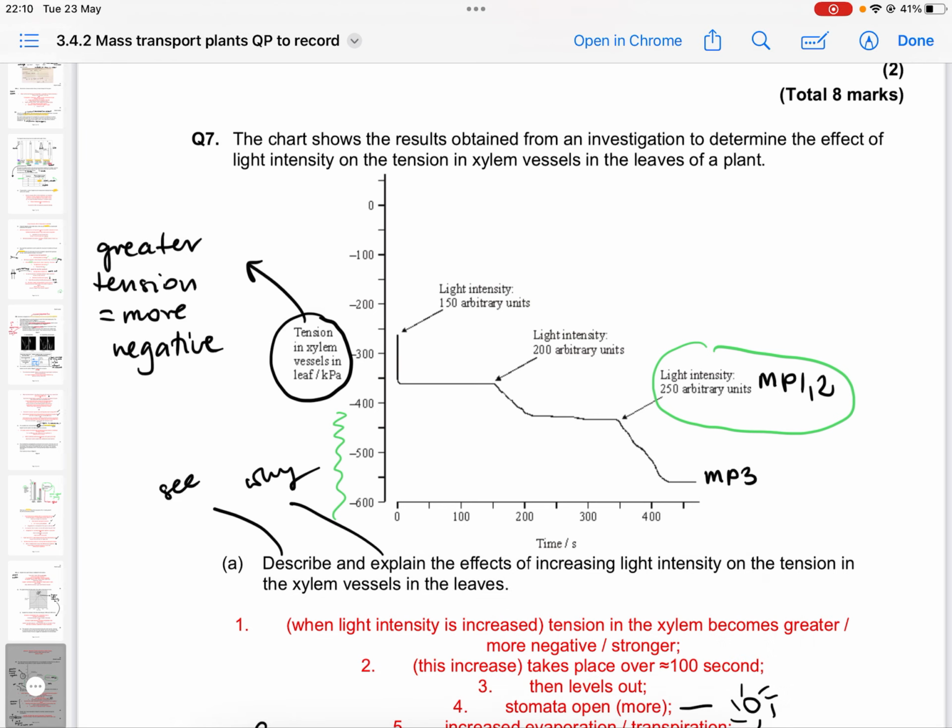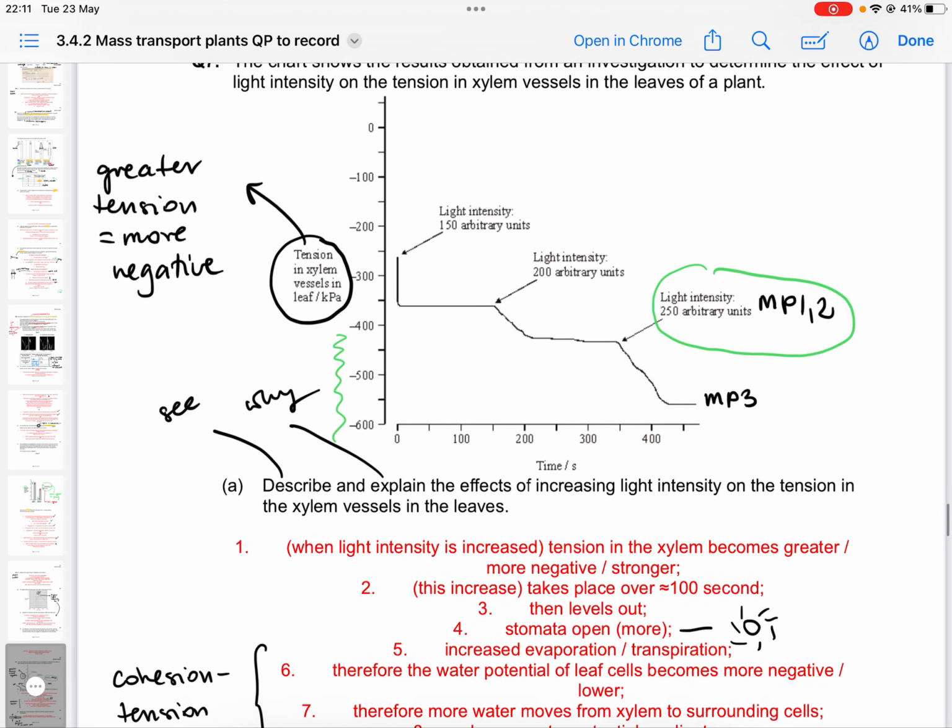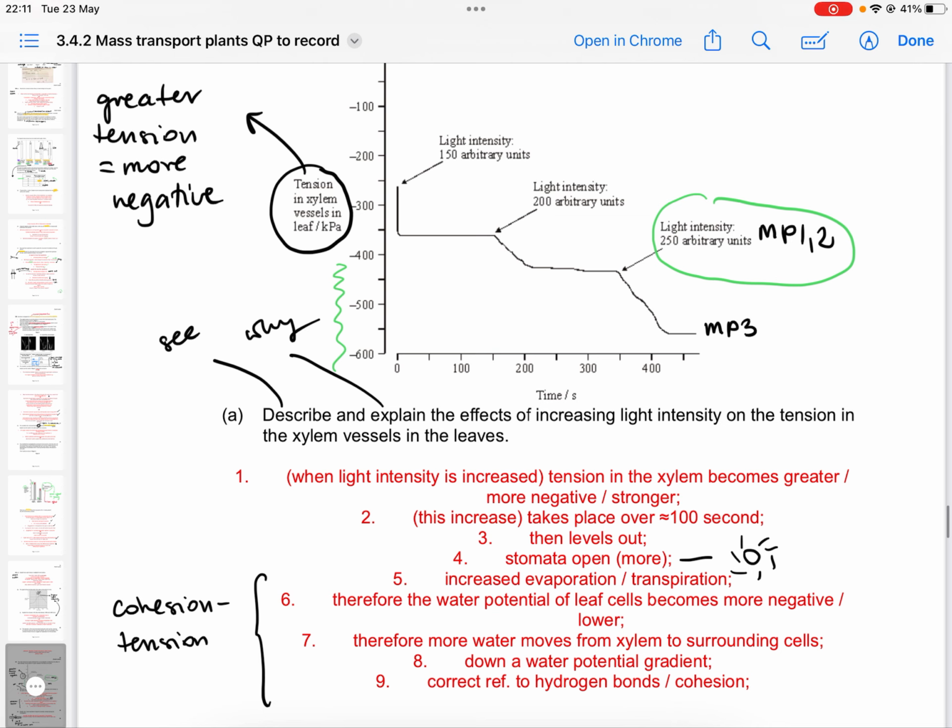The light intensity is also the highest here, so 250, and that obviously later on it will level out. What happens then when we've got high light intensity? It means that the stomata obviously will open, which we discussed a second ago, and increase the rate of